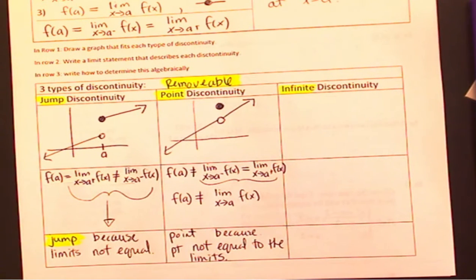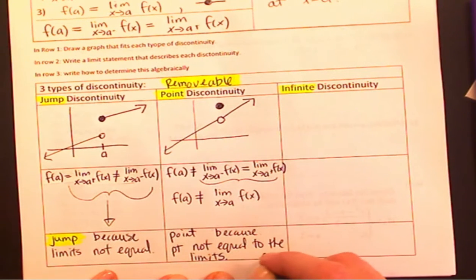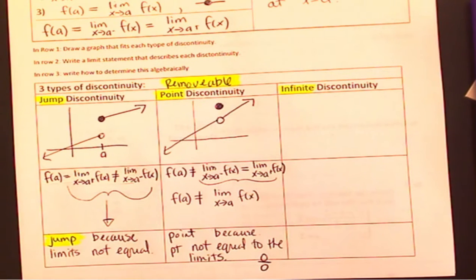Can someone else tell me how you know that there's a hole in the graph? Factor would cancel. What else happens if you have a hole in the graph? If there is a denominator, that might cancel. Okay, denominator could cancel. Before that happens, what do you get when you plug in your number, PJ? 0 over 0. Yeah, you get 0 over 0. You've got that factor that reduces. That's what happens when you get a point or a hole in the graph. Okay,